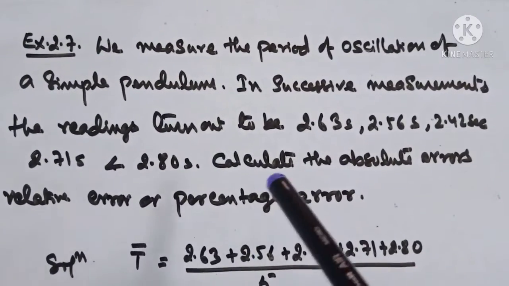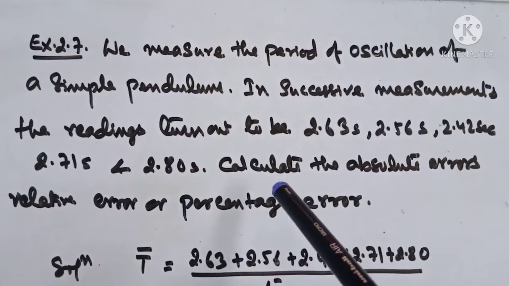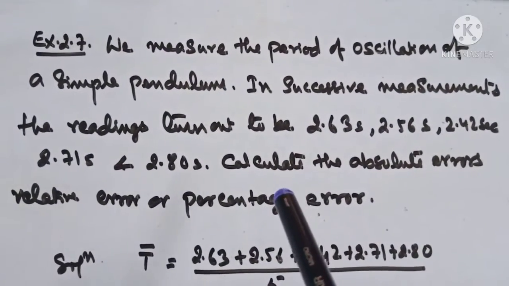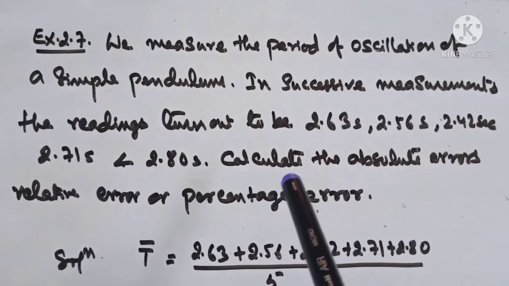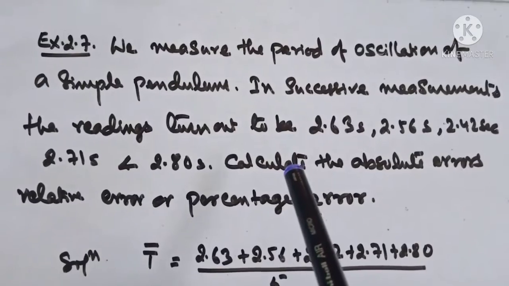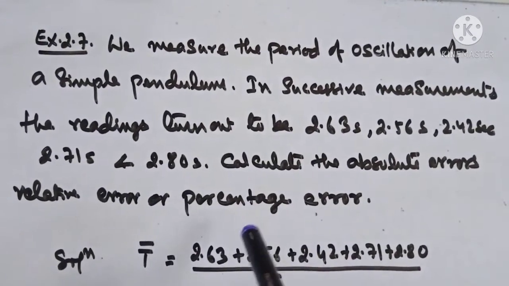This is done in your book. This is an example of your book. It has been solved in your book, but I have selected this problem only to explain that maths, like statistics, is related with physics, how statistics is related with physics.